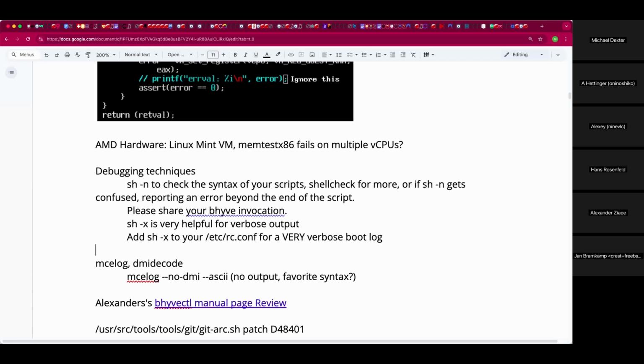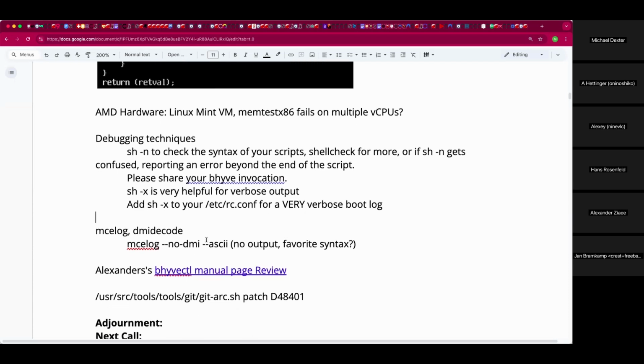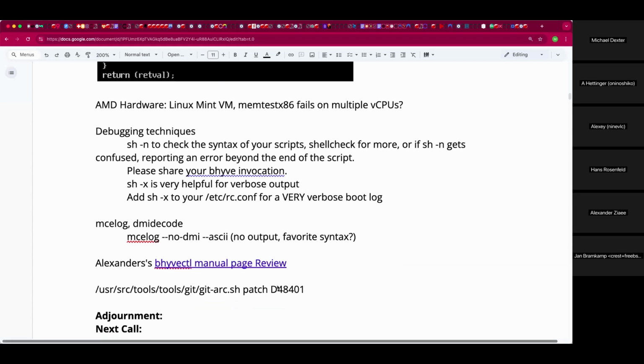Go ahead, Jan. I'm just trying different parameters. Okay, now if I disable SMP,